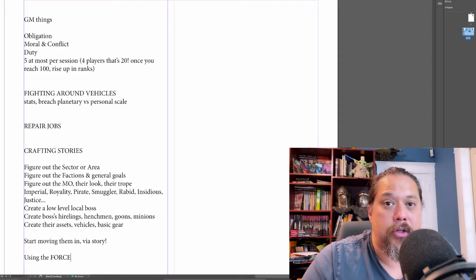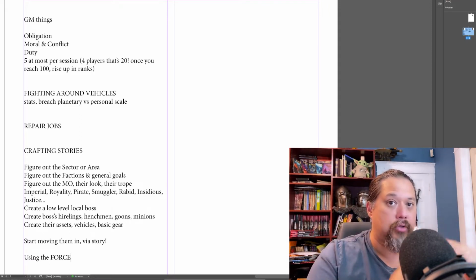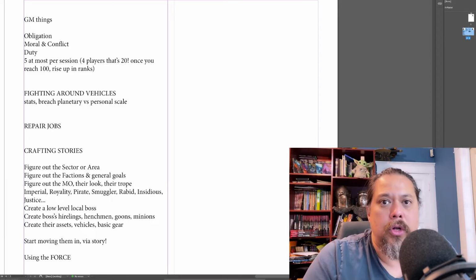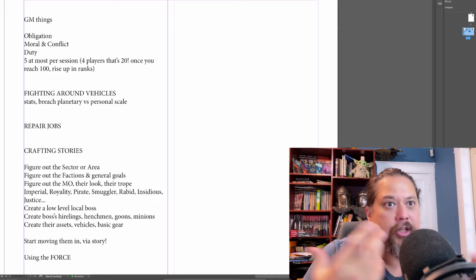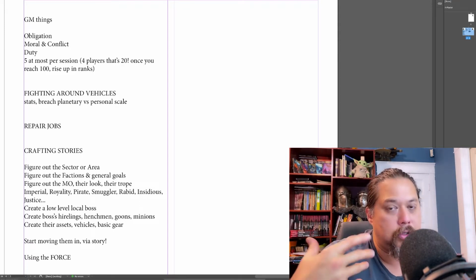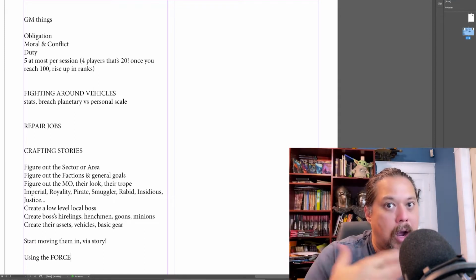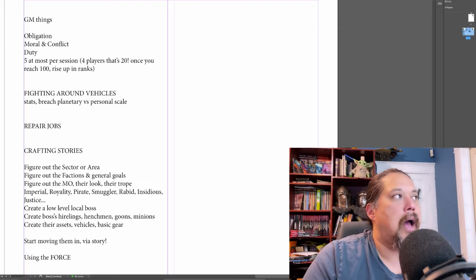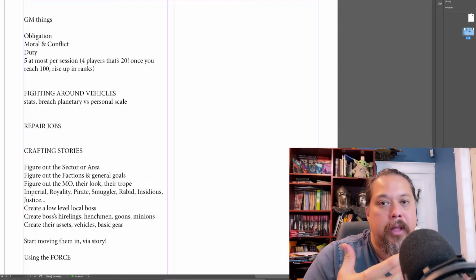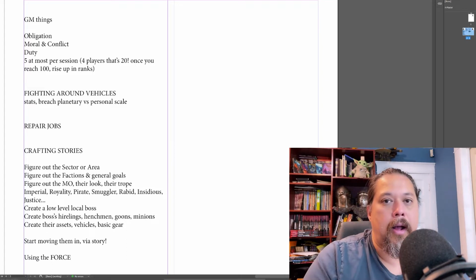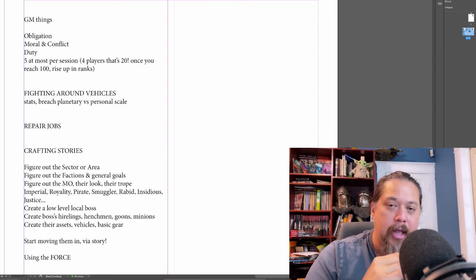I love that it is there so that new GMs, or GMs that like that kind of structure, can use it. Obligation in Edge of the Empire is really about Jabba the Hutt and Han Solo, where there's a criminal organization that the smugglers or the party owes, and they're obligated to it for whatever reason. The reason I'm not using it is because I already know how to implement that, and I already have a desire to implement it. Another thing I noticed is that you have to roll before each session: the GM rolls percentile to see if the number is below the total obligation of the party. And if it is, he's going to have to do something that session,